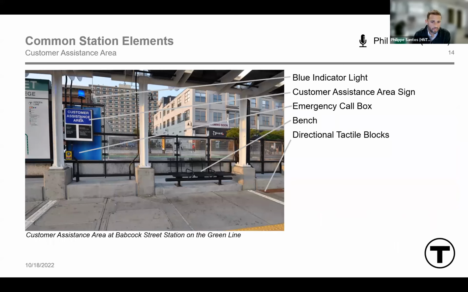The customer assistance areas are a new feature of the MBTA stations and provide a safe space for people to request and wait for assistance to arrive. Each of these areas include a call box connecting you directly to someone that will support you, a 20% increase in overhead lighting for more safety and visibility, a blue indication light to help MBTA staff quickly locate those in need of assistance, large type braille signage and instructions that identify the area and provide customer assistance area and station information in an accessible format,